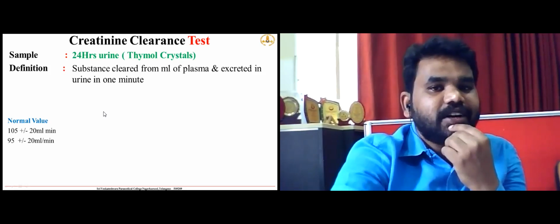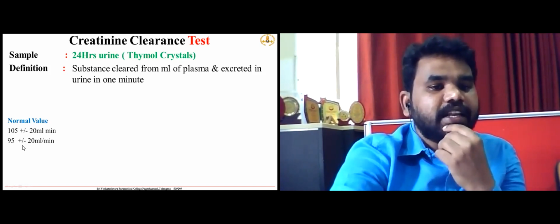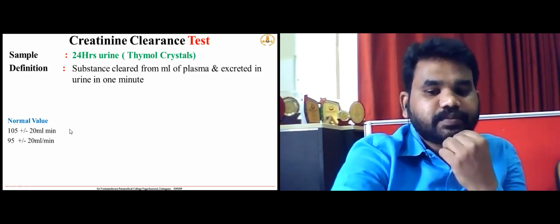This creatinine, as I also told you, is about the blood. In the blood, the creatinine value, I already told you, is related to muscle mass. That's why we have two values here. Males have higher muscle mass. That's why the male normal values are higher than the female normal values.